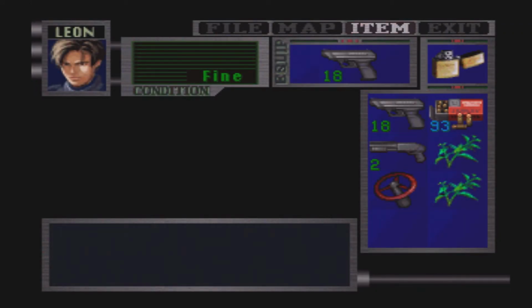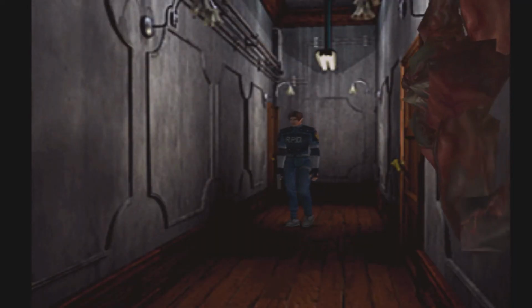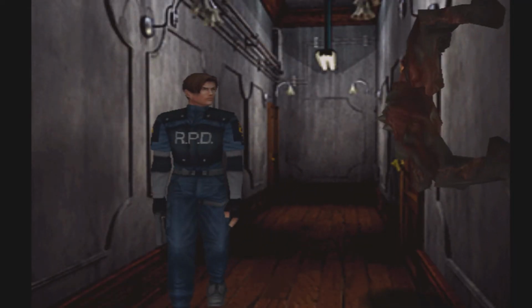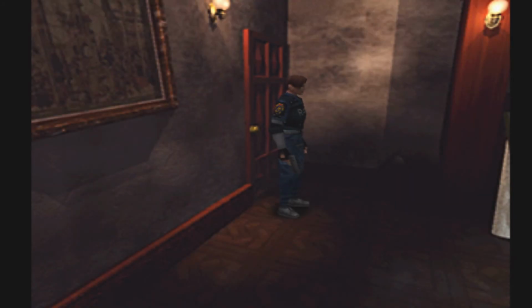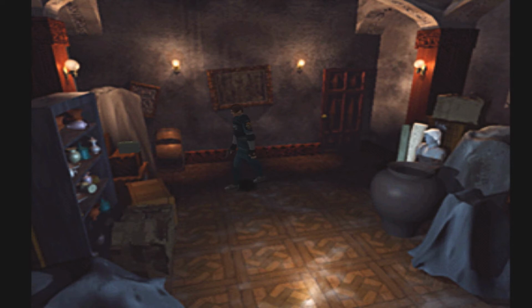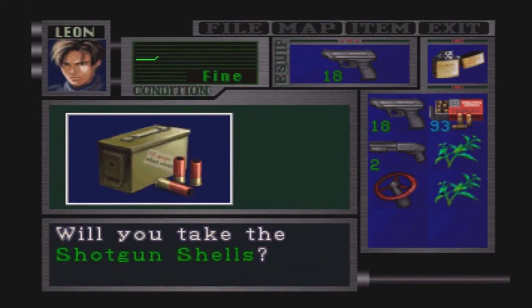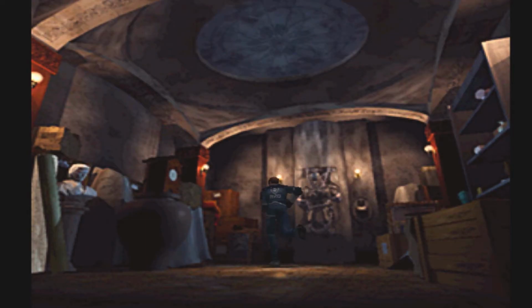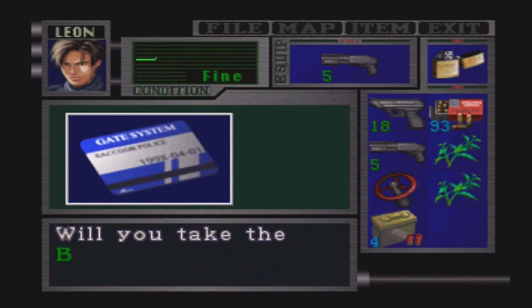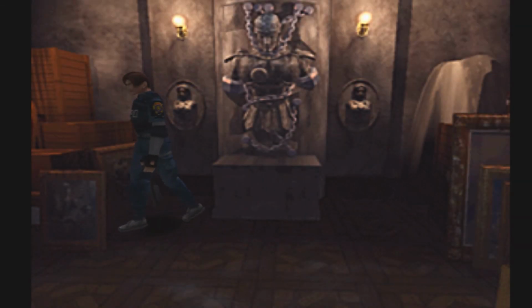I might have a problem in the next room. Okay, that one's noticed me. Go. Yeah, I might have a problem in this room. Although there should be some shotgun shells in here. There we go. And I think we'll take the lickers out. And we grab the card key, and then